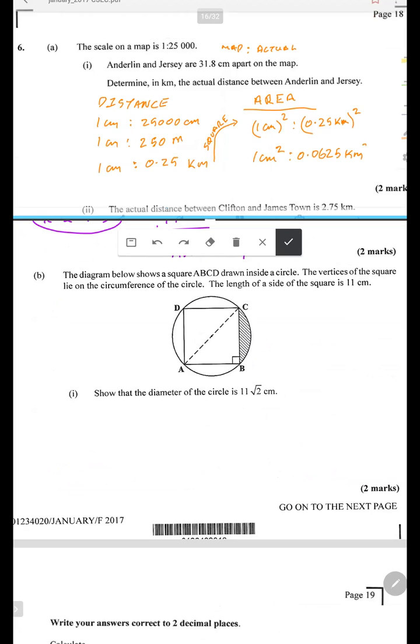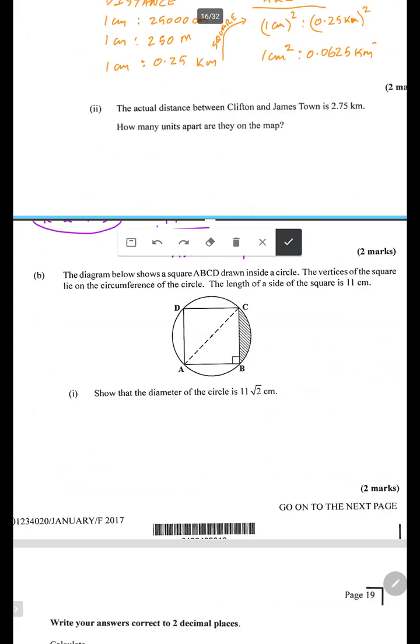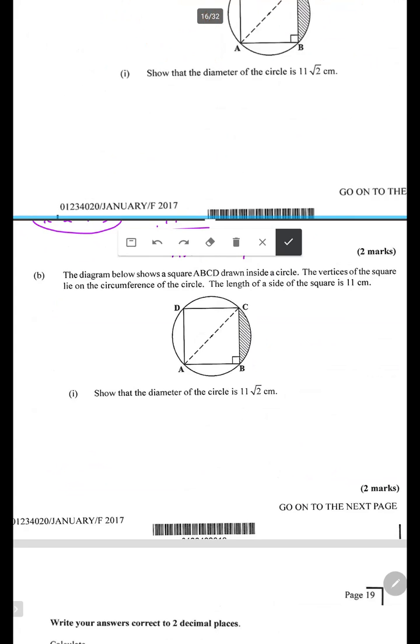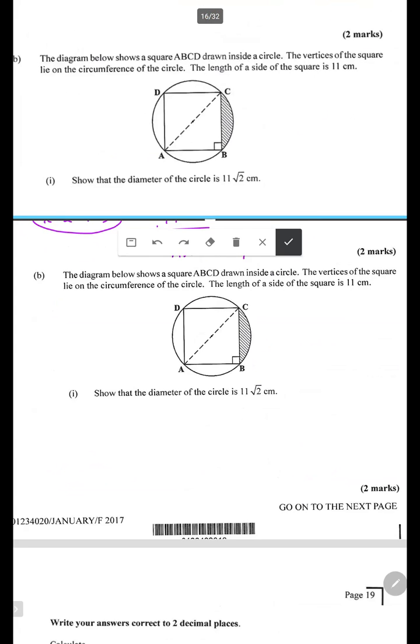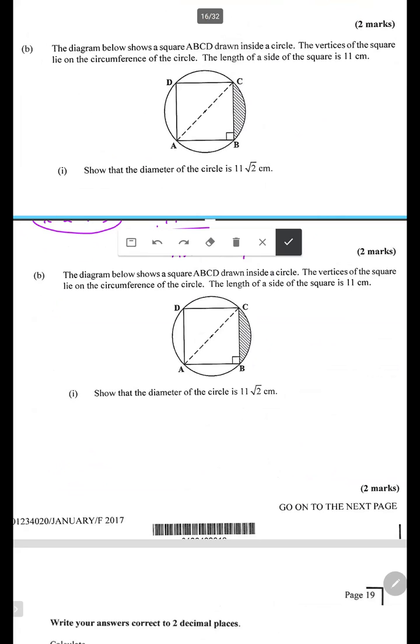So for this question now, we'll come to this diagram. It's ready. All right, so the question says,